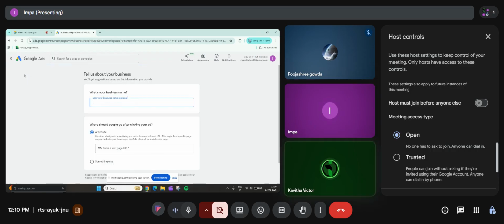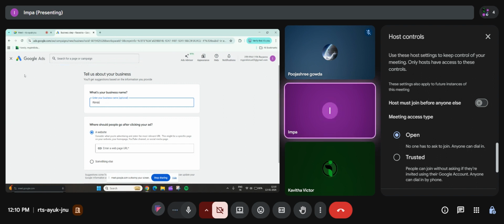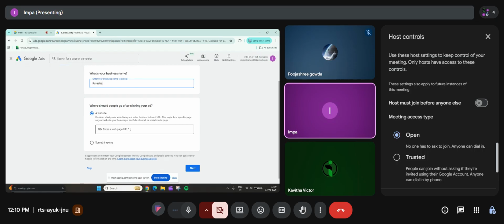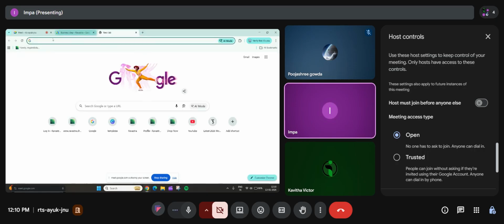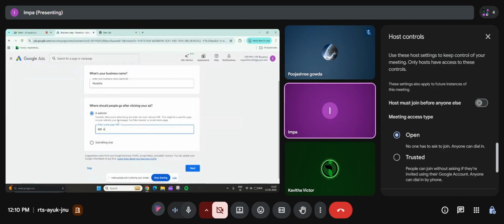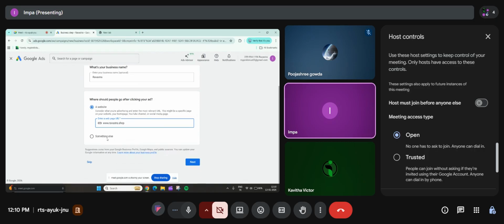Write your business name, website URL, in HTTP form or I'll just write the website. www. Next.